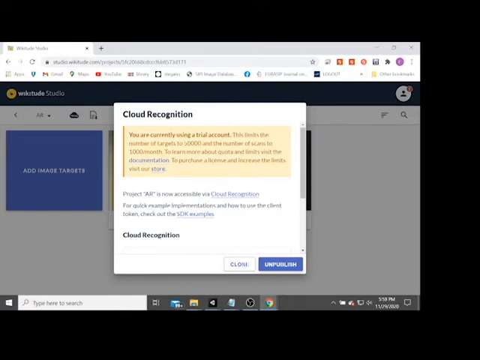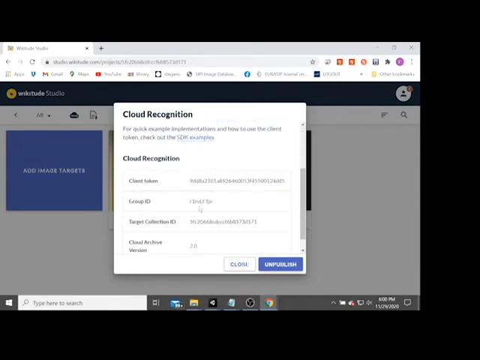Currently I'm using a trial account, and it has a limit on the number of targets to 50,000 and the number of scans to 1,000 per month. So we have a limited quota and a limited number of scans because I signed up as a trial user.